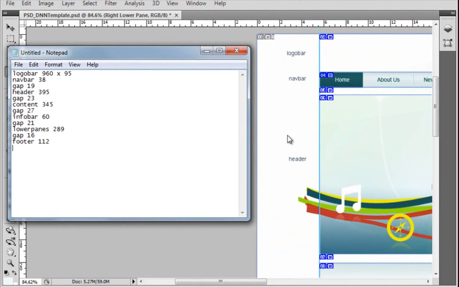In the last tutorial in this series, we planned out how we will build our skin and we measured up each section of the PSD file. We can now go ahead and start building our div structure using these measurements. So open up your preferred HTML editor program